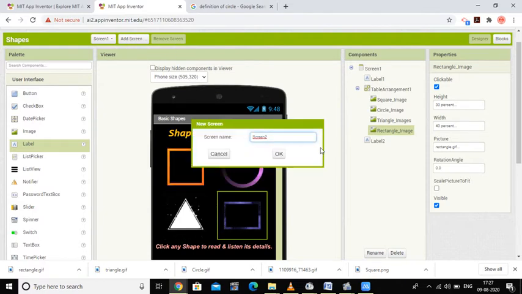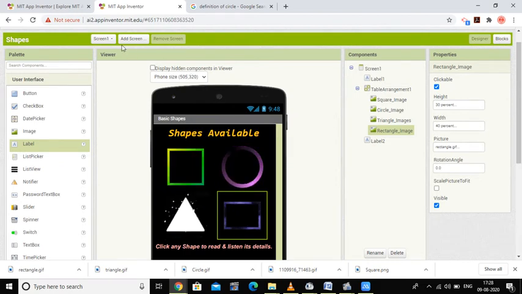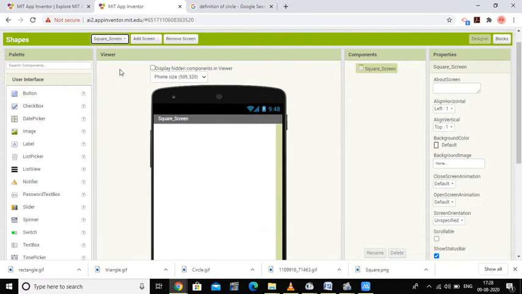See, screen 2 has appeared. If you want to rename it, you can give a screen name. Here I am naming it square screen. Press OK. So we now have 2 screens, screen 1 and the square screen.